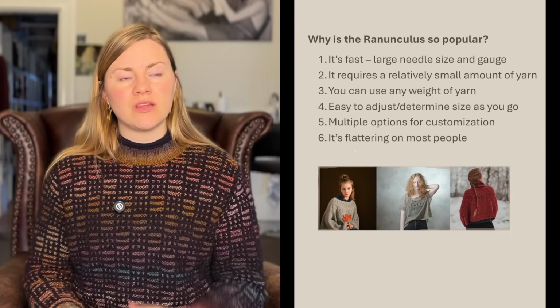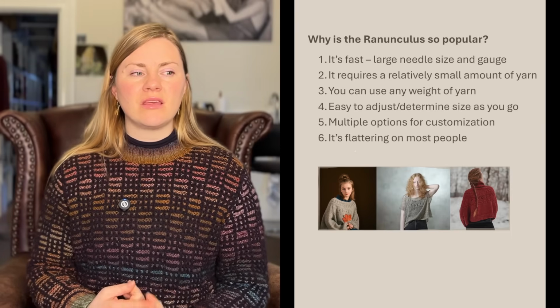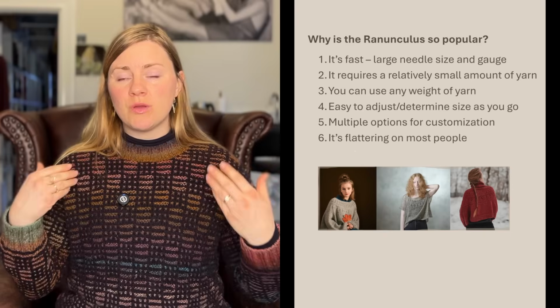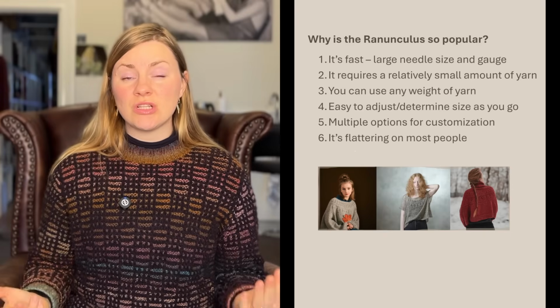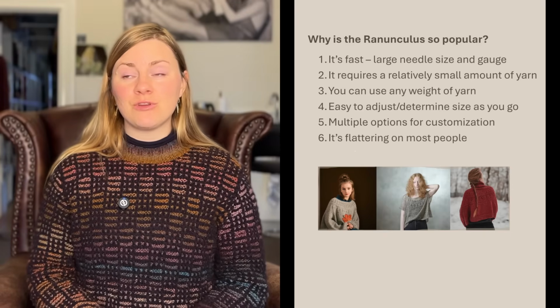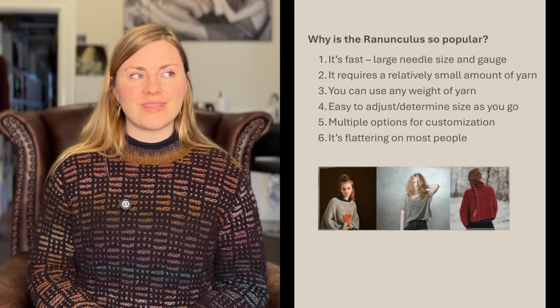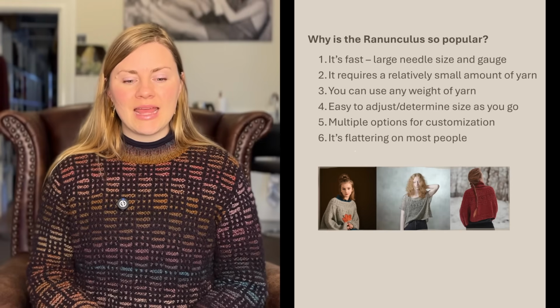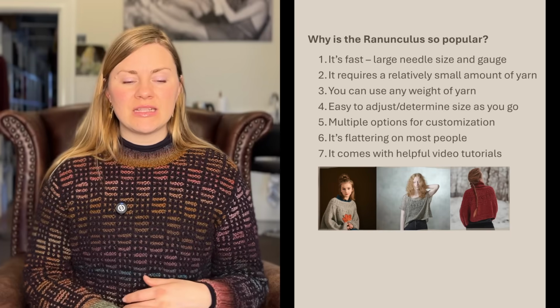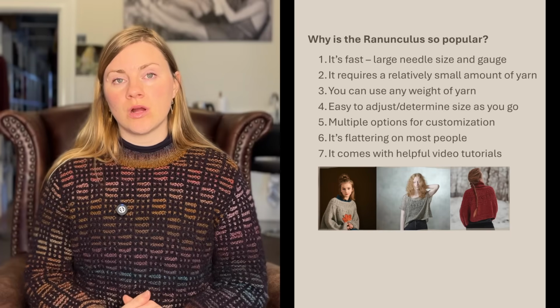I feel like with the Ranunculus, when you include the gauge, the needle size, the drape, the positive ease, the yoke shaping with the raglan, it just seems to look good on everyone. I've seen, like I said, so many people wearing these in different yarns, different colors, different sizes, whatever, and it just always looks good. And finally, reason number 7 is that there are video tutorials for a ton of the